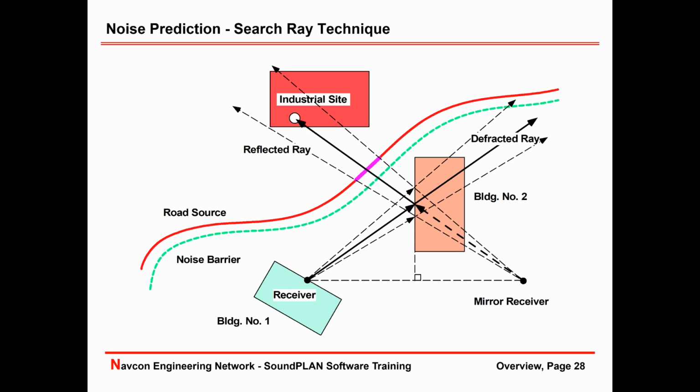By identifying the sources in that path, the program knows which standards need to be used. And then with that, how are the barriers, how is the distance, how is the elevation, and so on, how are they implemented in terms of the standard or the mathematical model of the standard. So it calculates all of these parameters in terms of distance, shielding, reflection, air absorption, in some cases wind speed